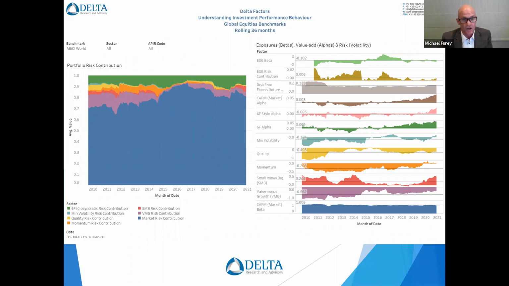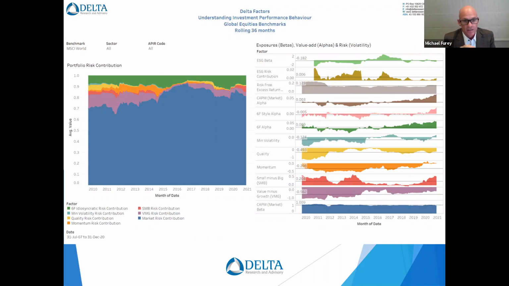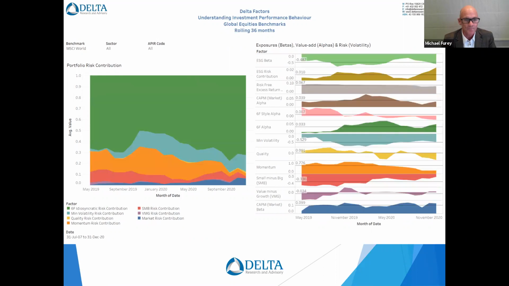So if we look on the chart on the right, the green charts, if we can go back one quickly, we can see that certainly in recent years, that green chart on the right has been really, really positive. So this is an active strategy that's certainly added value, but before that, it was a bit up and down. On average, it's added value. So we'll quickly go on to the next one.